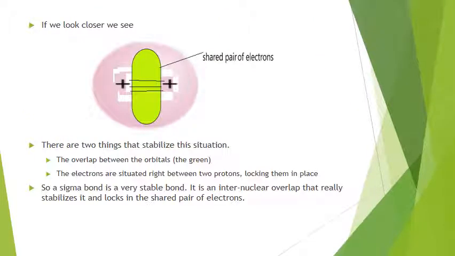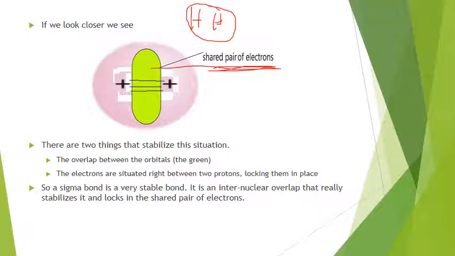So if we look at it more closely, this H-H with a circle around it, what we'll see is that the shared pair falls right between the 2 protons. So this is the shared pair somewhere in here. So they overlap, which stabilizes